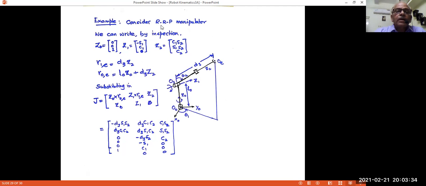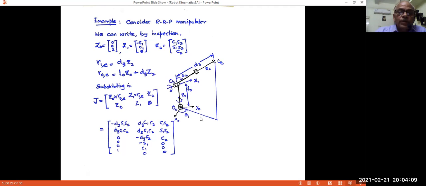For example, I take the RRP manipulator we discussed earlier. For RRP, suppose you fix the frames like this, and at one point, it has rotated by an angle theta 1, and this also moved by an angle theta 2, and the current joint variable linear motion has taken it between these two points, the end point, and this frame has gone to d3, let us say. And if you look at this, what I'm interested in is developing this.